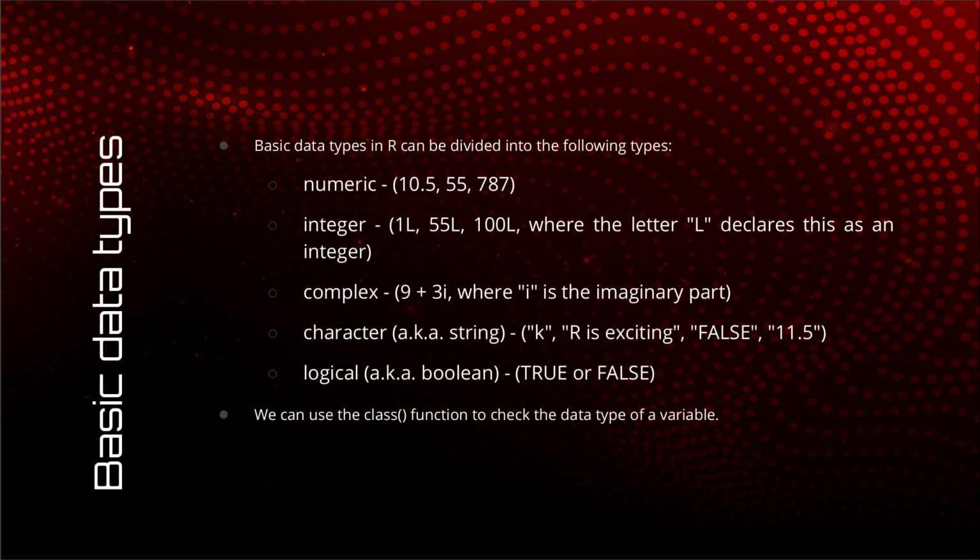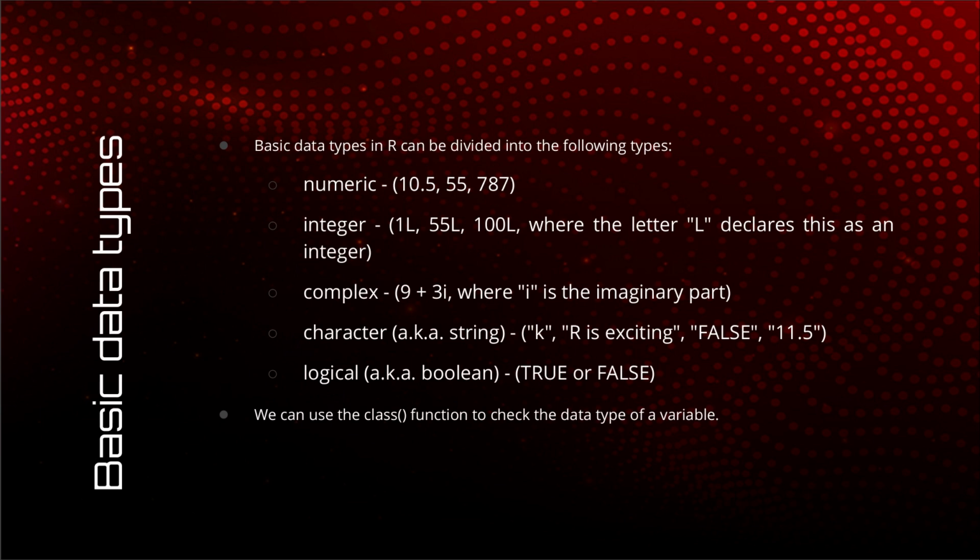Okay, now let us talk about the division of basic data types in R. So data types can be divided into 5 broad categories in R. First being numeric, which is a number. Now this can be with or without a decimal, it doesn't matter. Integers, these are numeric values without decimals, whole numbers. Then complex numbers, where there is an imaginary component also. As an example, 9 plus 3i. The number next to i denotes the imaginary part, 3 in this case.